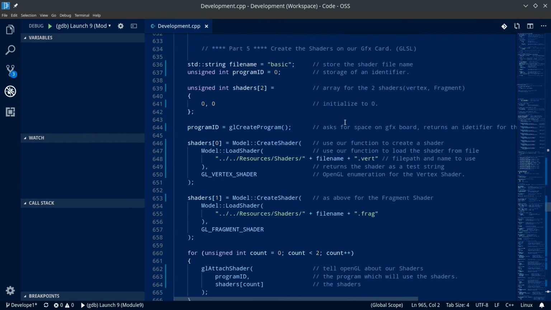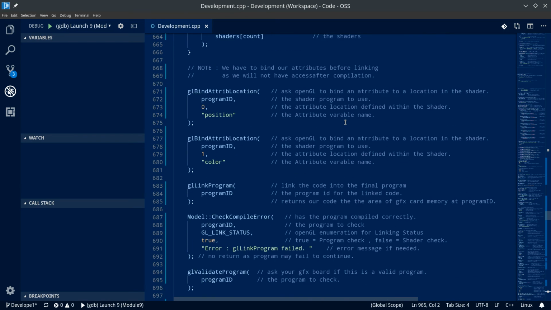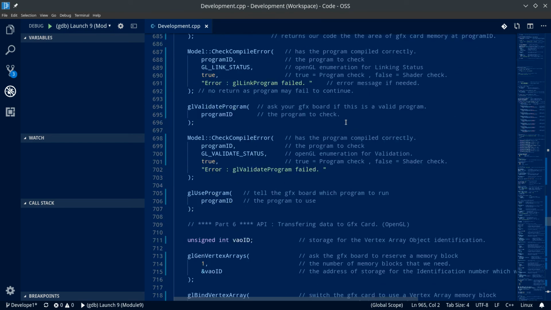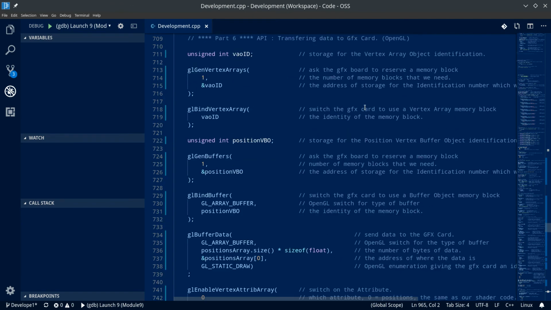Right, this is a program that puts the 3D cube on the screen, by the way. And we got up to create shaders now, GFX card. Did we get that far? I thought we got up to part 6, the API. Yes, we did. Now I'm sure. Right,